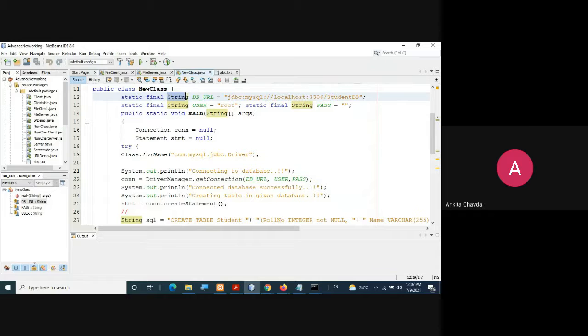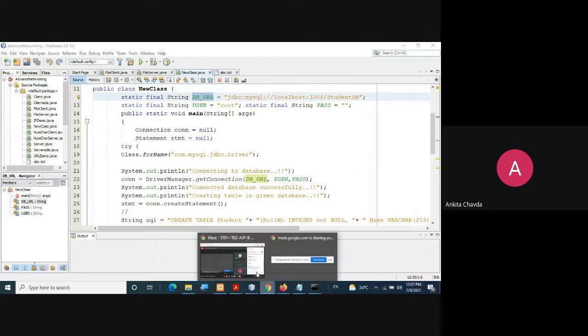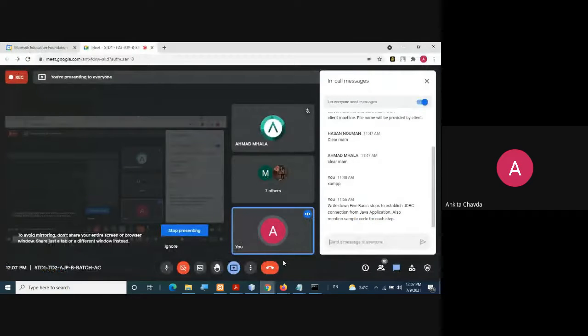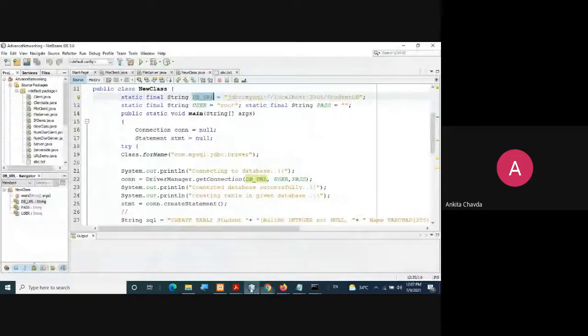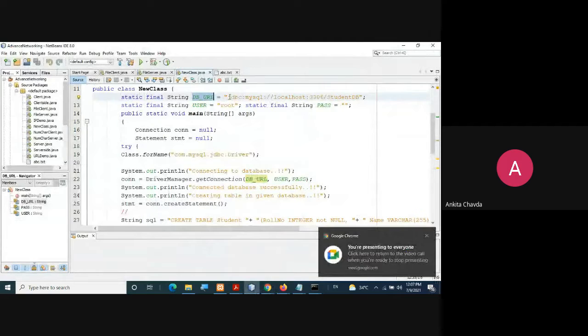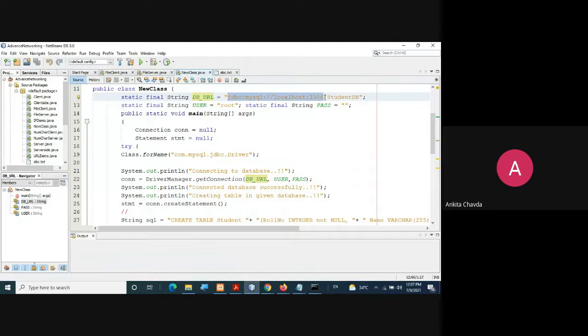You take a string variable dbURL, because to which database you want to connect, right? So you give the URL of it: jdbc:mysql://localhost:3306/studentDB. This is the database I want to connect with.